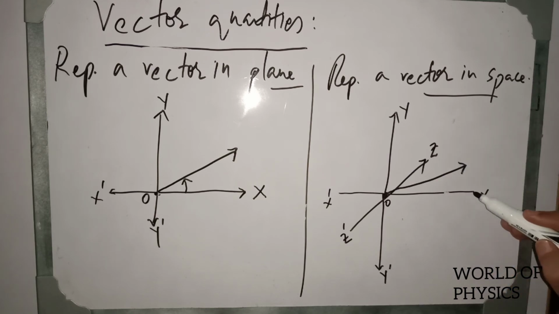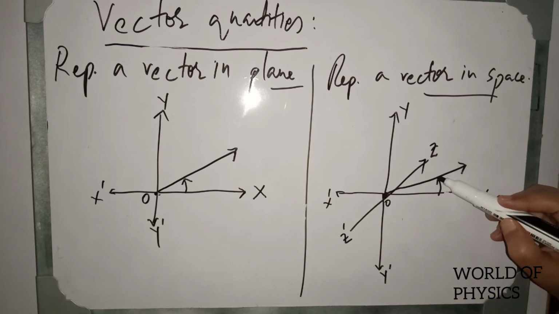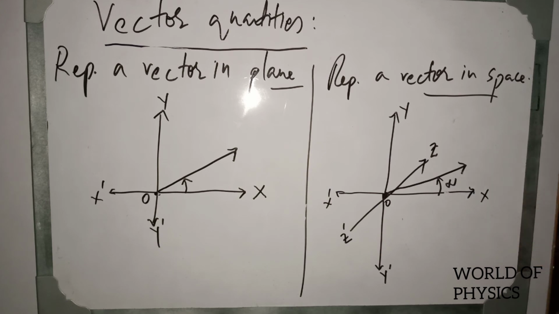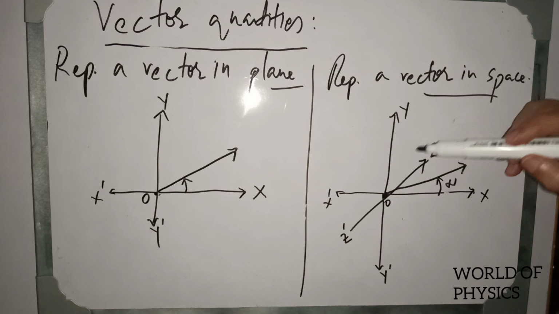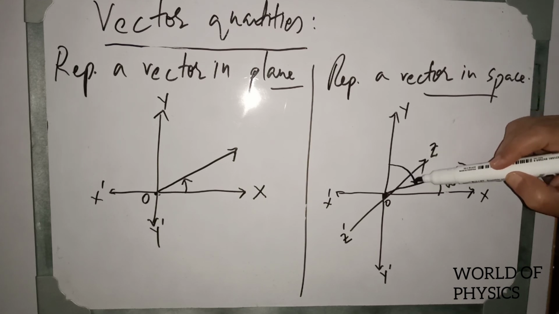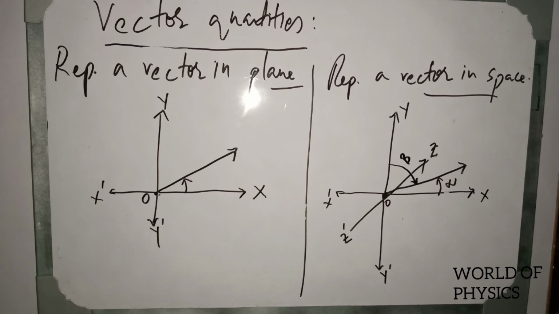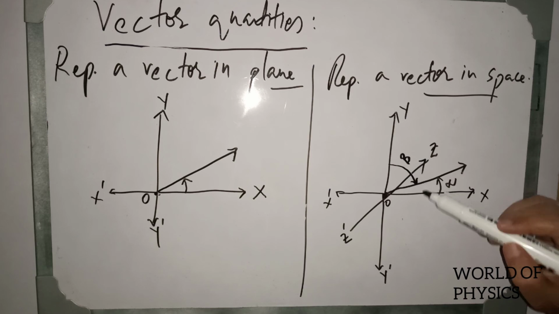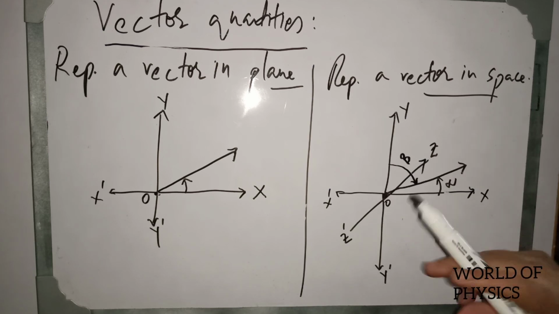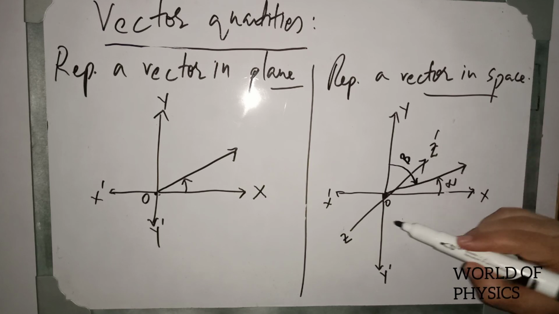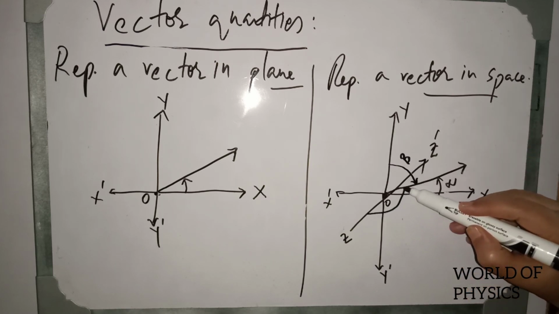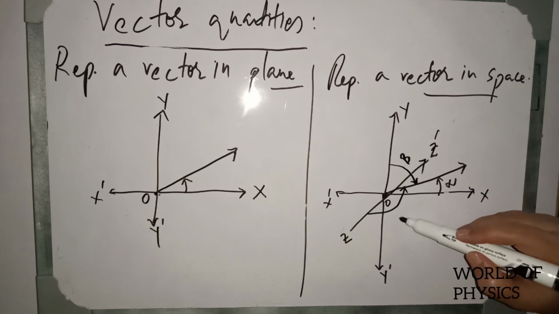The interesting thing is that this vector will have three angles. It will have alpha with x-axis like this one. This is its first angle, that is called alpha, which we have drawn from x-axis. Now the same vector will have beta, second angle with y-axis. This angle is called beta, and we have drawn this angle from y-axis. And then same vector will have third angle. That angle is called gamma, and this angle will be drawn from z-axis. So this is called gamma.